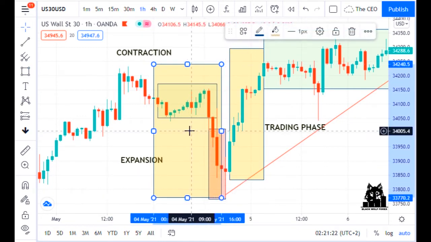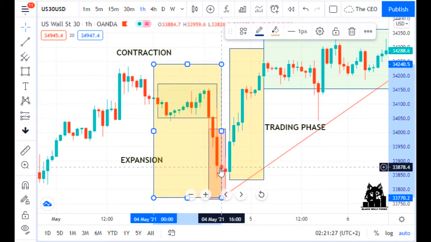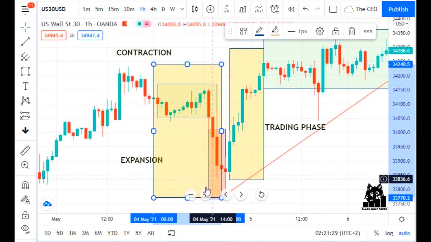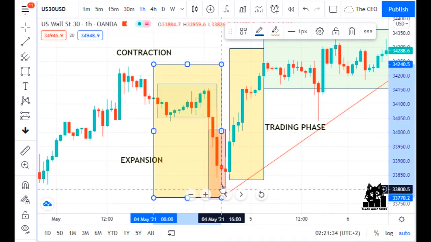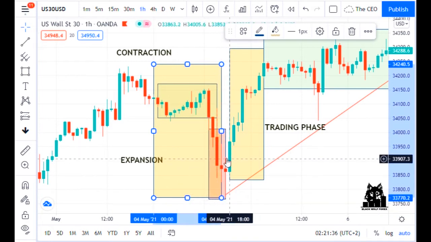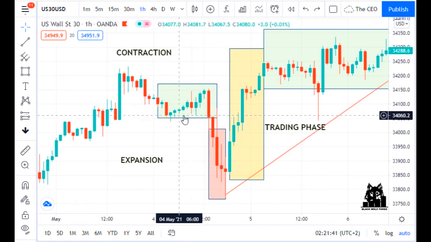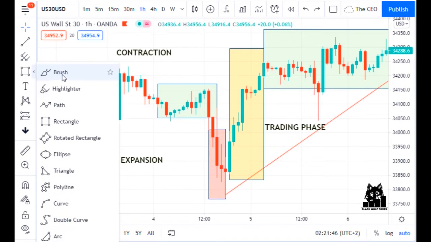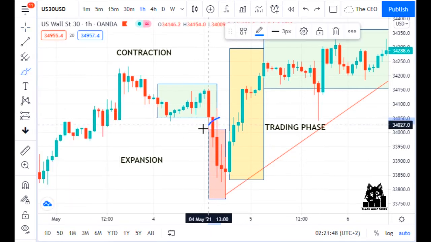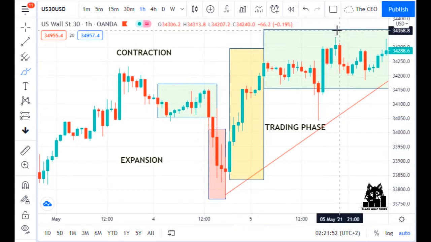You can see there's something happening here. And you can see that the sellers are actually losing strength. So you might anticipate, okay, this is where I'm going to break it in half. And as you can tell, you have a contraction phase right here. So after a contraction phase, you expect an expansion. You do not trade an expansion. You patiently wait. If you know how the market works,